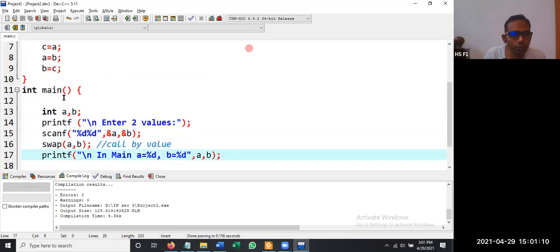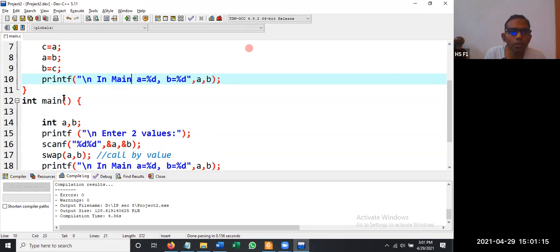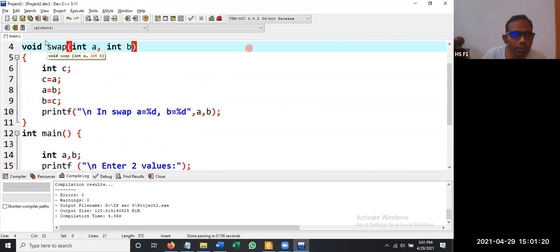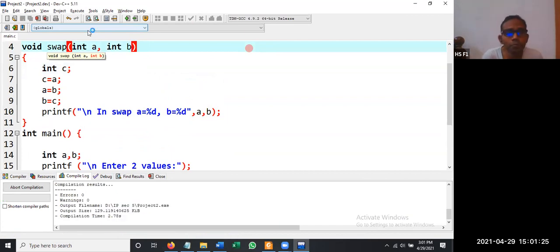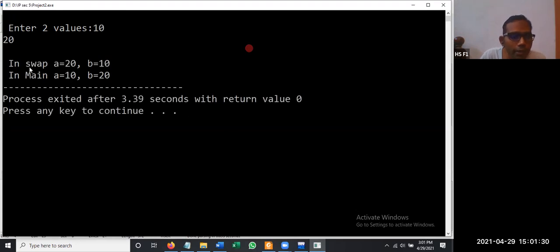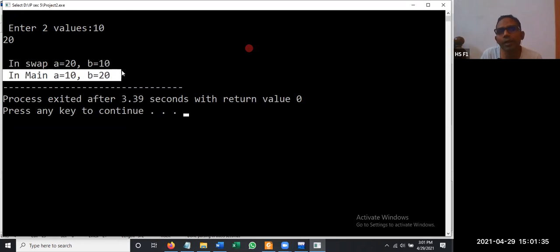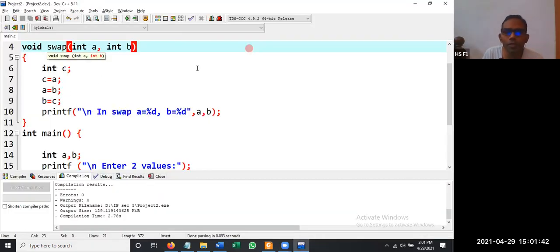Let us copy the code: printf in swap, a value, b value. Let us print and see what the result is. Are they swapping? Enter two values, 10 and 20. Now see here, in swap the values have been changed to 20, 10, and inside main they are 10 and 20 only. Why? Because this memory is deallocated after executing, so the memory allocated here will be destroyed. Is this program clear?